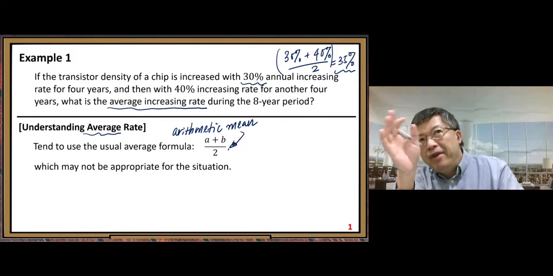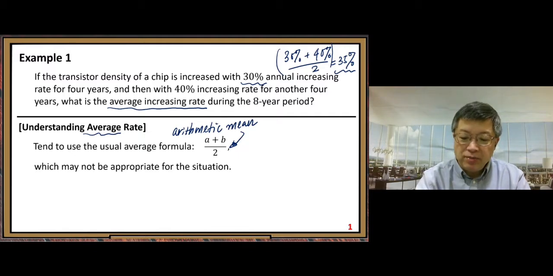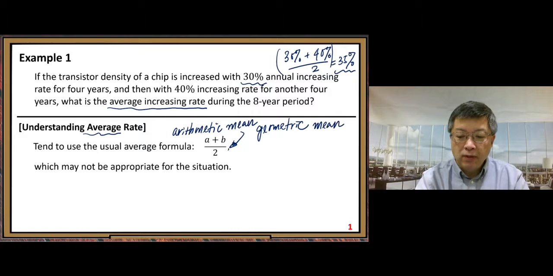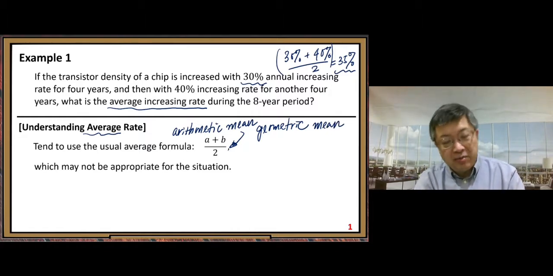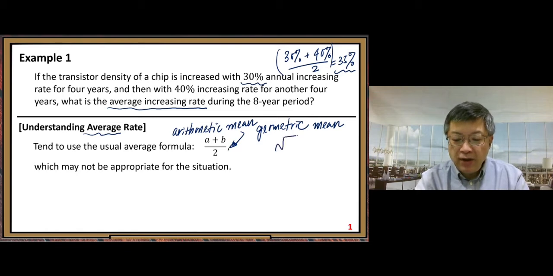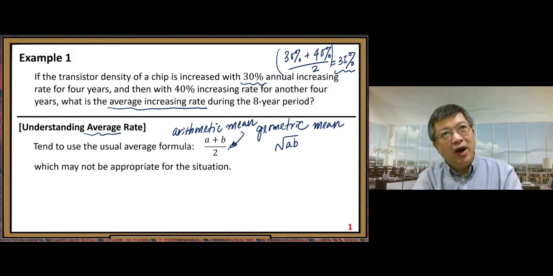But there are some other means that could be defined. Another is geometric mean. How about this? Have you heard of this? Let's still use A and B. Geometric mean of A and B, square root of A times B. Have you heard of that? So geometric mean. Why? Because